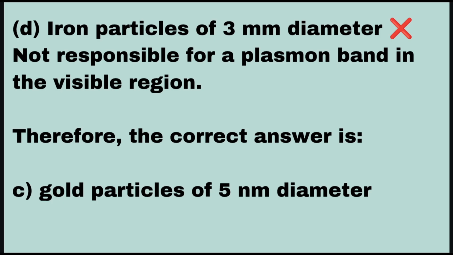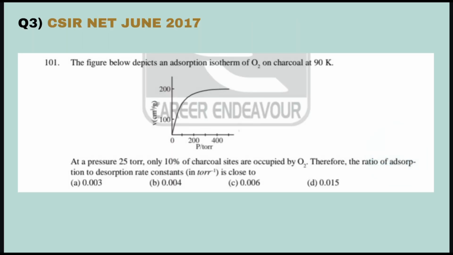Now let's move to the third question. This was asked in CSIR NET June 2017. The figure below depicts an adsorption isotherm of O2 on charcoal at 90 K. In the graph given, volume versus pressure. At a pressure of 25 torr, only 10% of charcoal sites are occupied by O2. Therefore, the ratio of adsorption to desorption rate constants in per torr is close to one of the 4 options given: 0.003, 0.004,